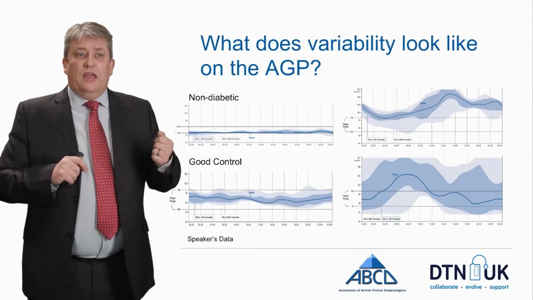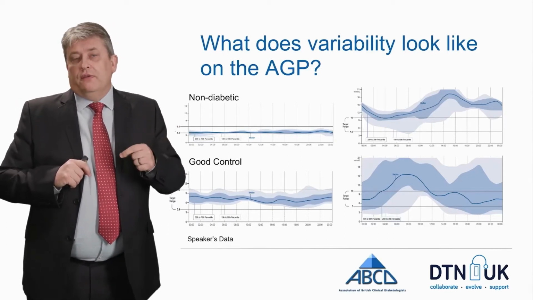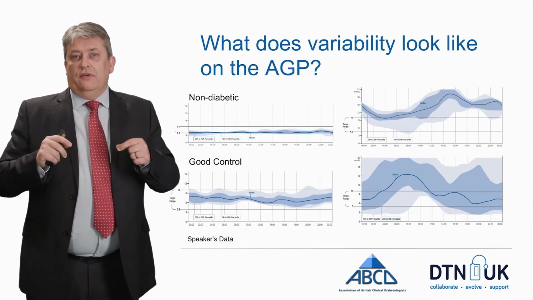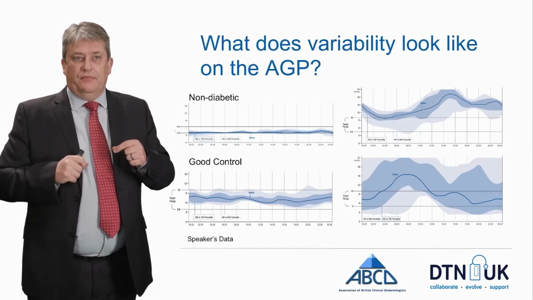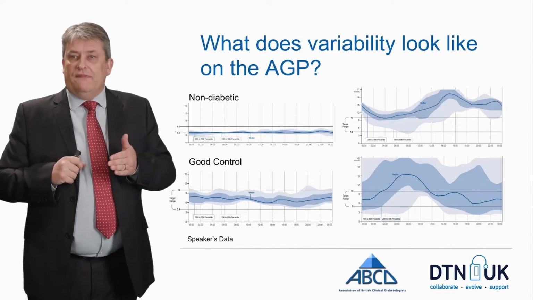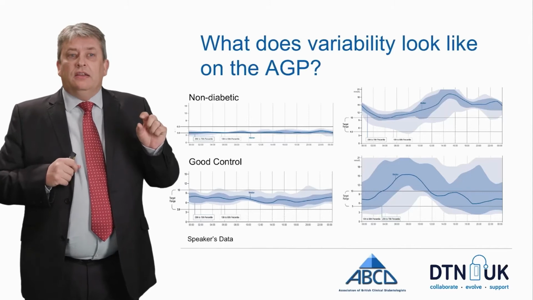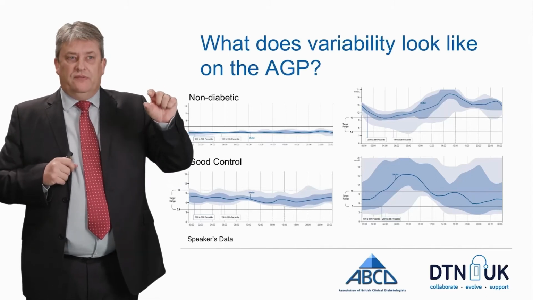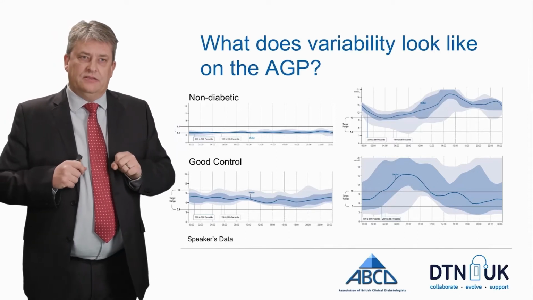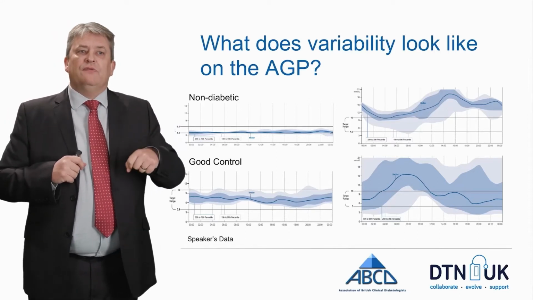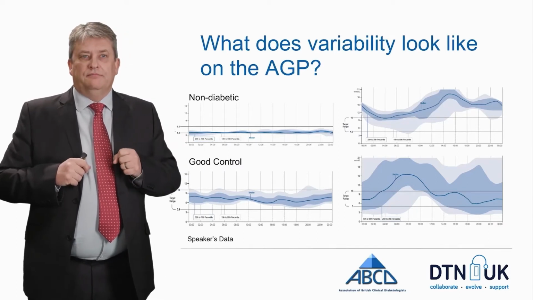Bottom left, we have what we might be aiming for: an individual's glucose control over time who's using treatments to manage diabetes. And we can see that it remains quite flat. It's not as narrow as the individual without diabetes, and the overall position of the line on the graph is slightly higher than it is for someone without diabetes. But this still reflects good control, and we'll talk more about that a little bit later.